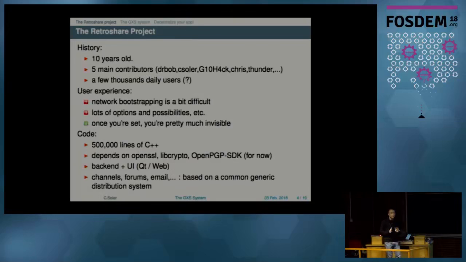It's hard to estimate exactly how many, but we estimate it to be some thousands of simultaneous users, which we explain by the fact that it's quite difficult to bootstrap. When you install the software, you have to connect to someone, right? If you're alone, you won't see any data. So either you convince your friend to use it or you join an existing network. But once you're done, you belong to a perfectly decentralized, reasonably secure, confidential network.